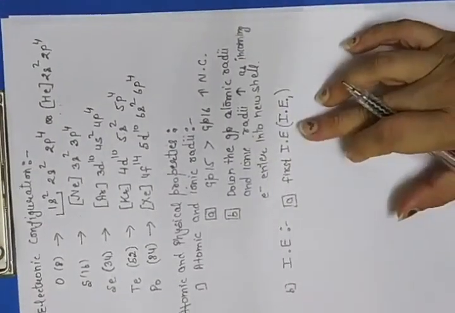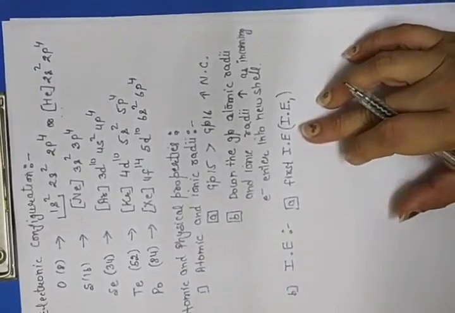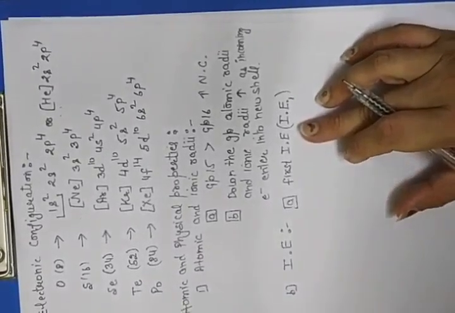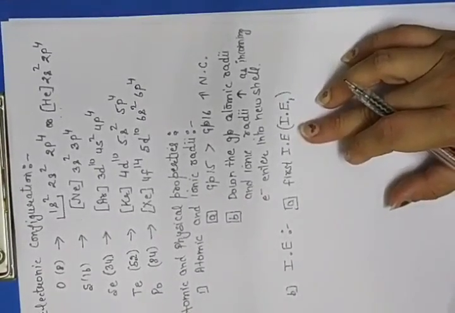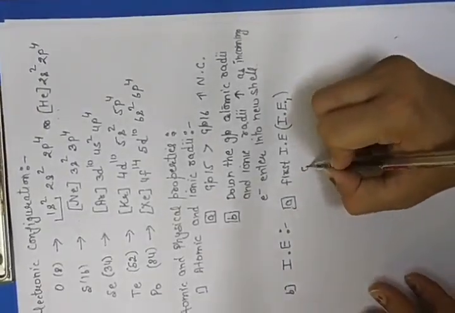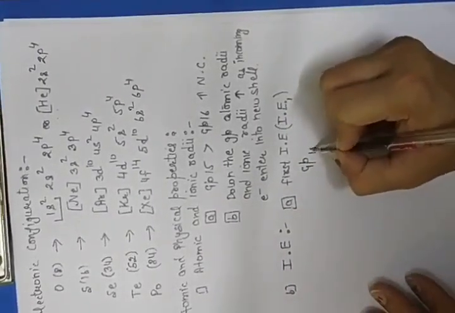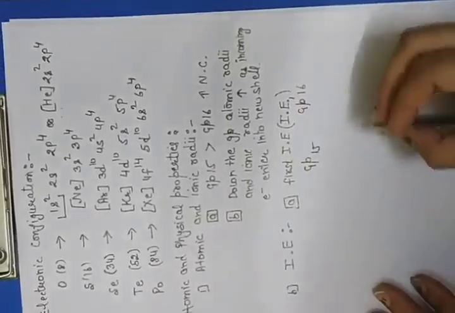That is the amount of energy needed to release the first electron from an atom of an element, that is called ionization enthalpy. And if we compare this first ionization enthalpy of group number 15 and group number 16,